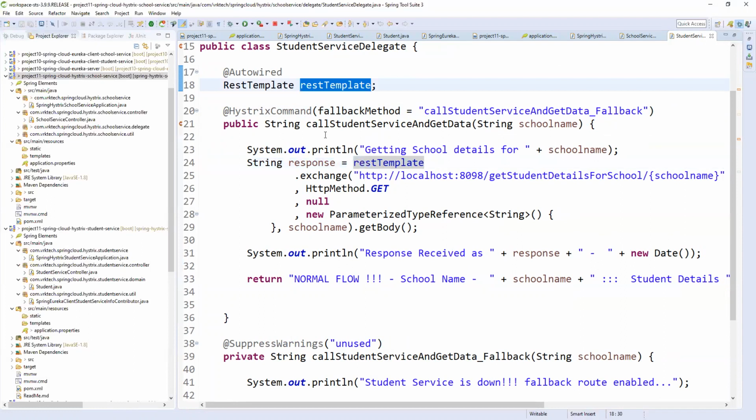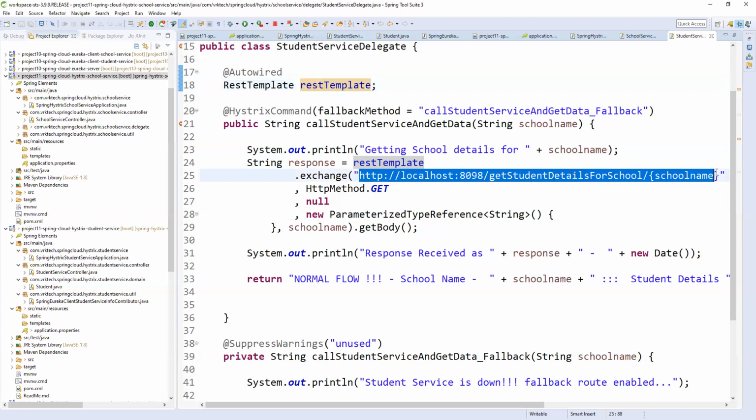That we can discuss in tomorrow's class. Why? Because when you are making more than one call, Feign comes into the picture. Using REST template, at a time we can call only one external service within the same API. If you are calling more than one endpoint within the same method or the same API, then Feign comes into the picture.